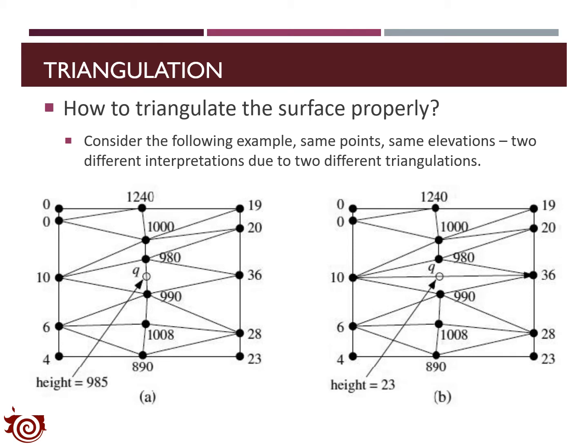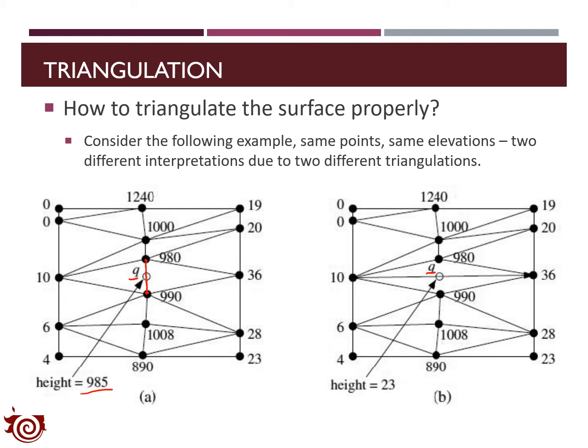And then we want to find out the elevation of one intermediate point Q, which is shown at the same location for figure A and B. If we apply the triangulation in figure A, which will connect the point 980 and 990. Here 980 and 990 are the elevations at these 2 points. Then the elevation at the point Q can be interpreted as